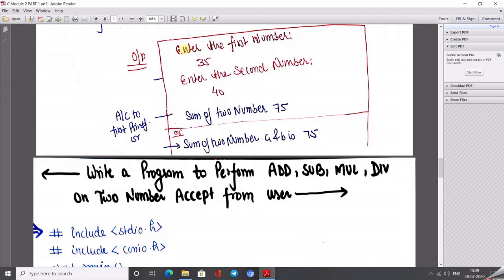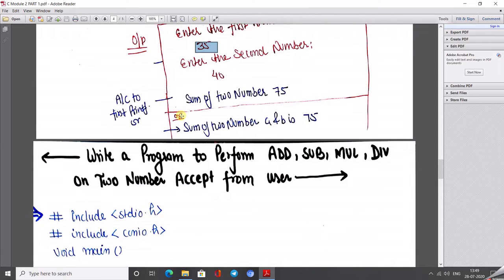So what basically comes on the output screen? First, "enter the first number". Maybe I mention the number 35. Then I get the second statement on the screen, "enter the second number". So I just give the input value 40. So at last, what value will be printed after calculating?